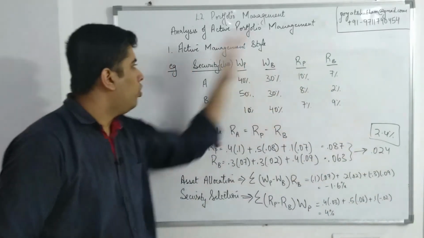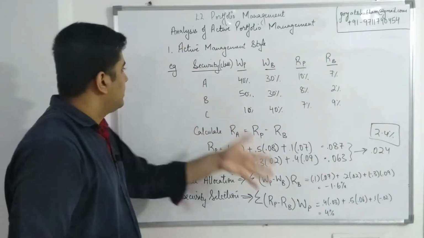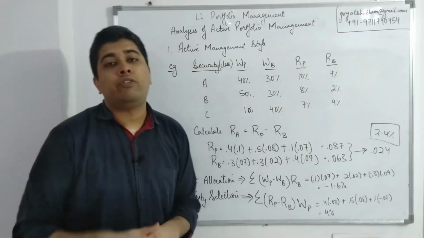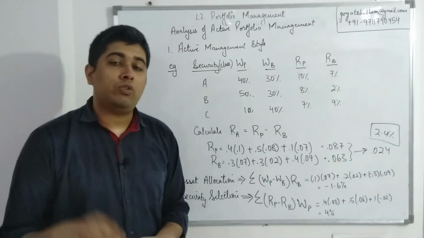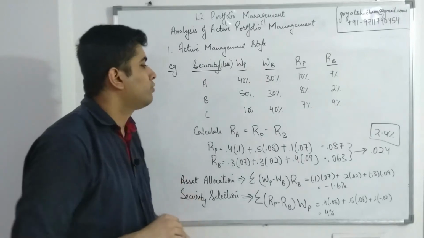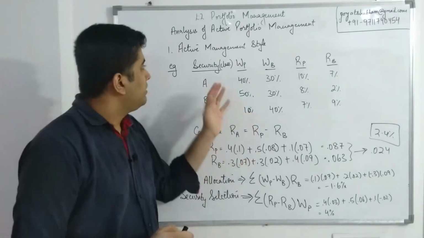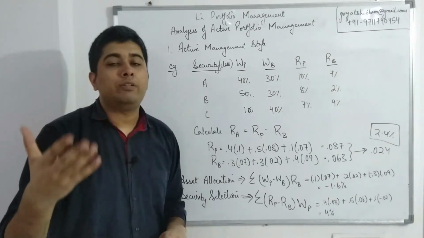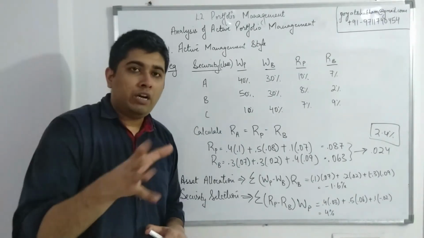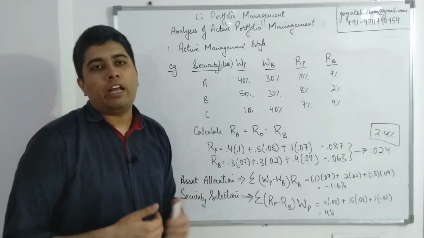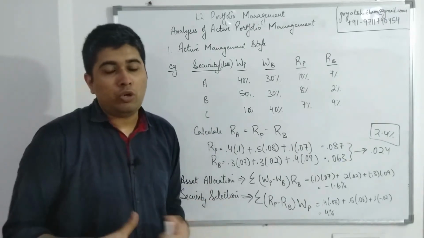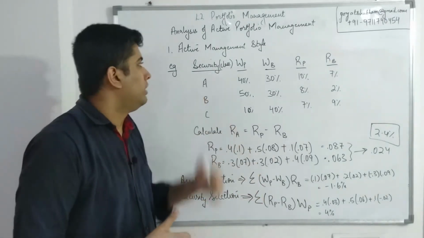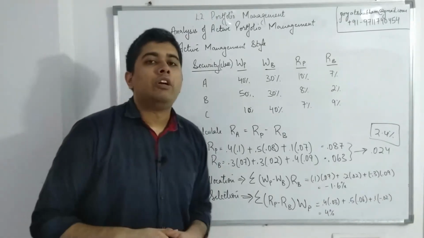So I hope all of this makes sense. This is the kind of question you could get for practical calculations from this chapter, so I would suggest you practice these kinds of questions. So that's it for the first topic, which is the active management style: analyzing whether the manager is doing good, and which part of his action is doing good. Is it asset allocation? Is it security selection? Is it both, or is it none? All of those are covered in this part. Let's move on to the fundamental law.